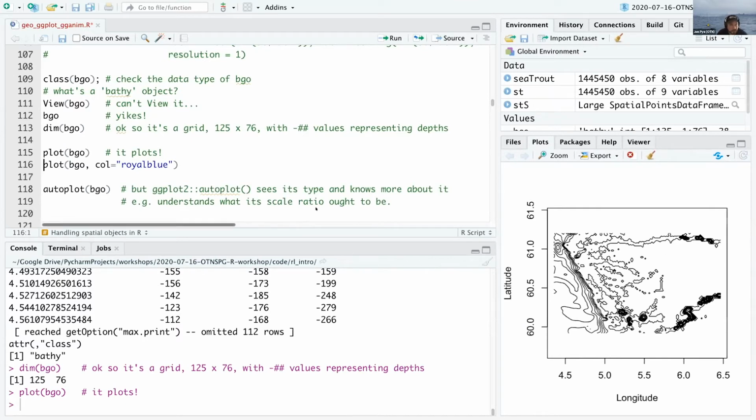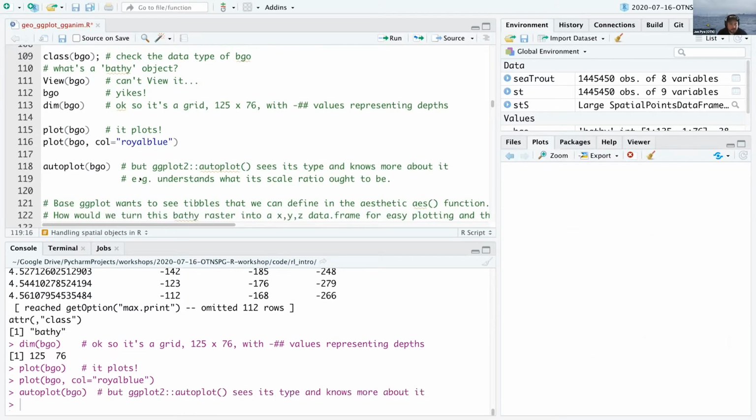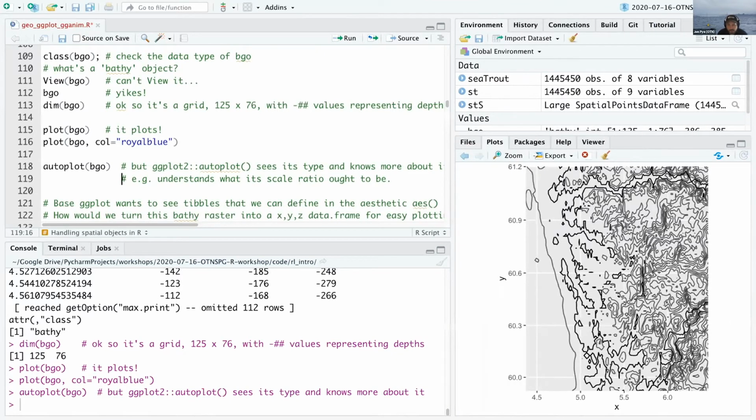This looks like something I might expect to be ocean bathymetry. Let's go. Let's make it blue because it's the ocean. This is looking a little skewed though. Let's see. So there's a function called autoplot in ggplot2. It is going to look at this type, bathy, and it knows a little bit more about how it ought to be plotted. So autoplot makes a couple of good assumptions about shading and scale of y versus x. And then you end up with a much more